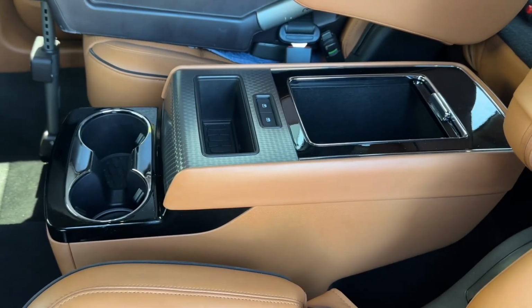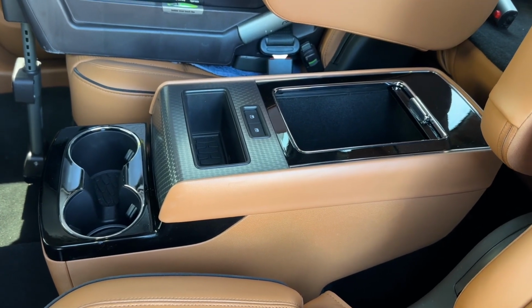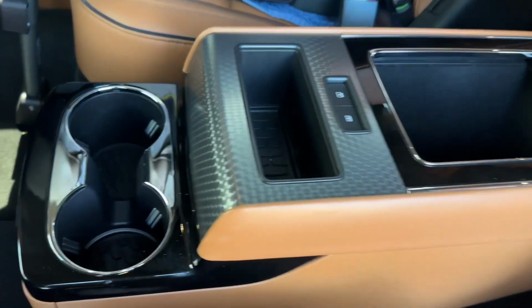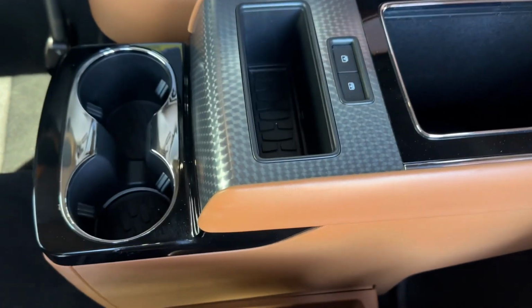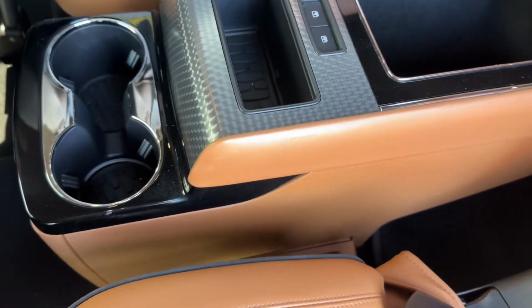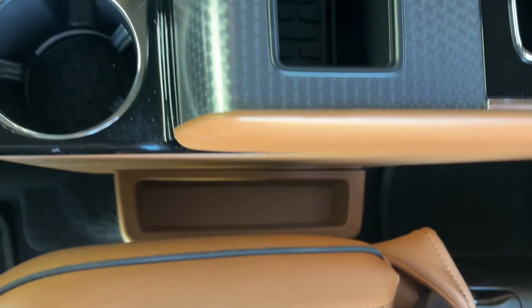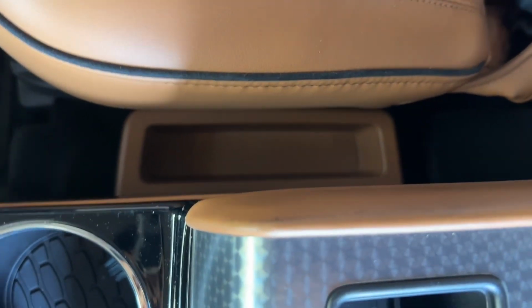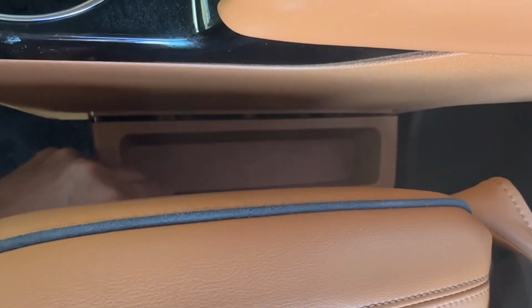And so I looked online and didn't see anywhere with instructions, so I figured I'd make a video for you all. So the first part is how to expose the bolts that are anchoring down the center console. If you look right here, there's a little tray on both sides, and they essentially just pull right out. I've already done so, but it takes a little bit of force to pull it. And so when I pulled it, it came off, and these little brackets right here, and I'll show you,